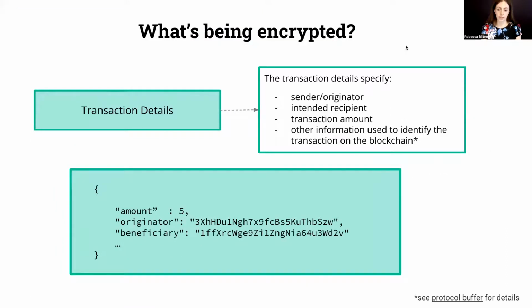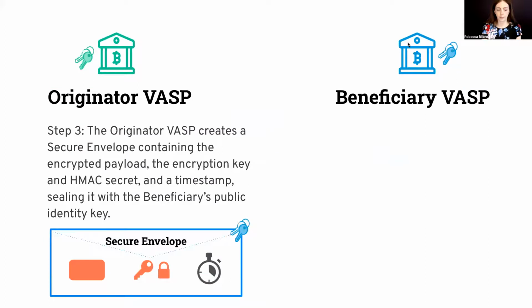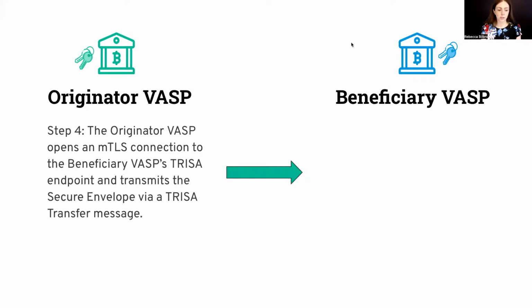The transaction details specify sender or originator, intended recipient, transaction amount, and other information needed to identify the transaction on the blockchain. The originator VASP creates a secure envelope containing the encrypted payload, the encryption key, an HMAC secret, and a timestamp, sealing it with the beneficiary's public identity key. The originator VASP opens an MTLS connection to the beneficiary VASP's TRISA endpoint and transmits the secure envelope via a